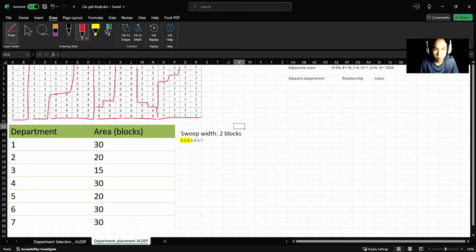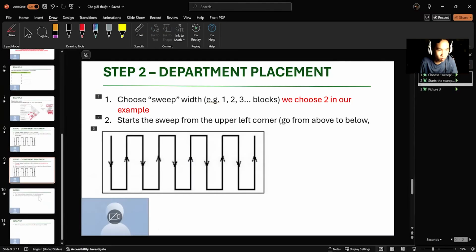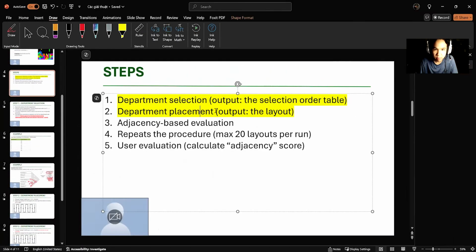So we have a department. The building plan looks like this. We have achieved what we want. So here's how you can structure the building. We have already completed step number 2, right? Now we have the layout. Now,